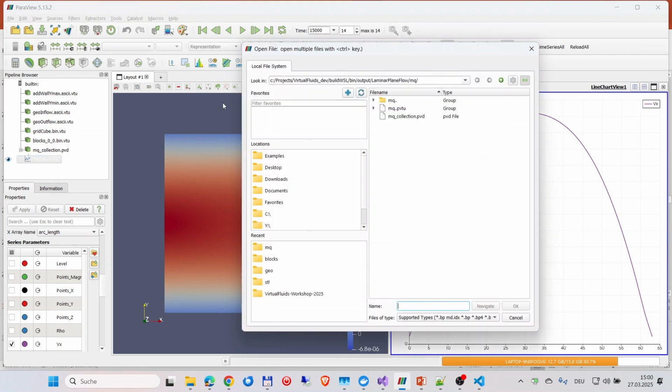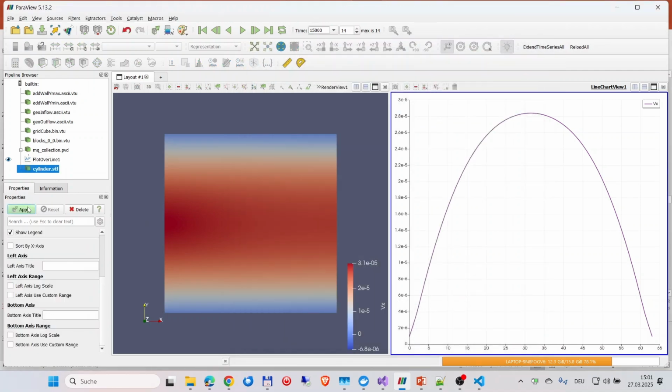I can also open. By the way, when you do the explanation in front of the microphone, they are recording. So if I open this file,